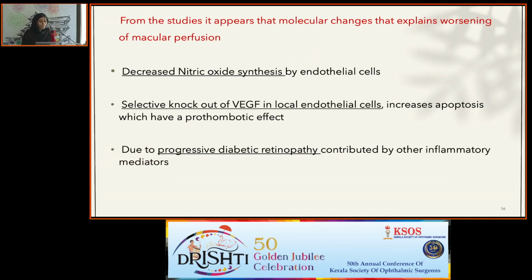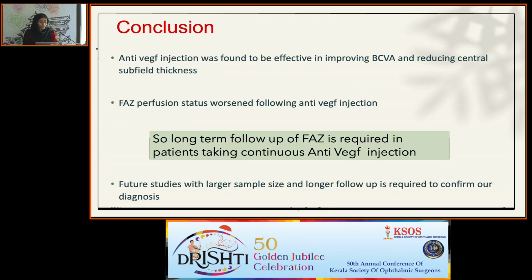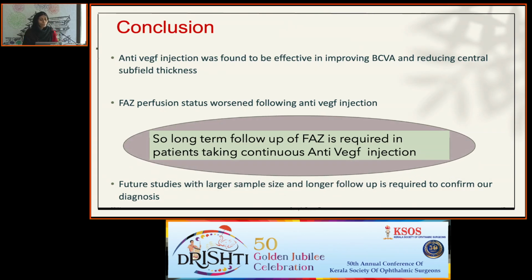From the studies, it appears that the molecular changes that explain worsening of macular perfusion are due to decreased nitric oxide synthesis by endothelial cells and due to the selective knockout of vascular endothelial growth factor in local endothelial cells, which have a pro-thrombotic effect, and also due to the progressive diabetic retinopathy contributed by other inflammatory mediators other than VEGF. Thus concluding, anti-VEGF injection was found to be effective in improving best-corrected visual acuity and reducing central subfield thickness,